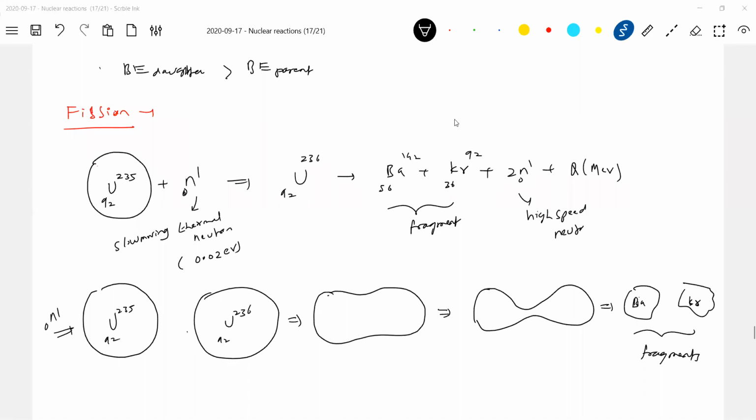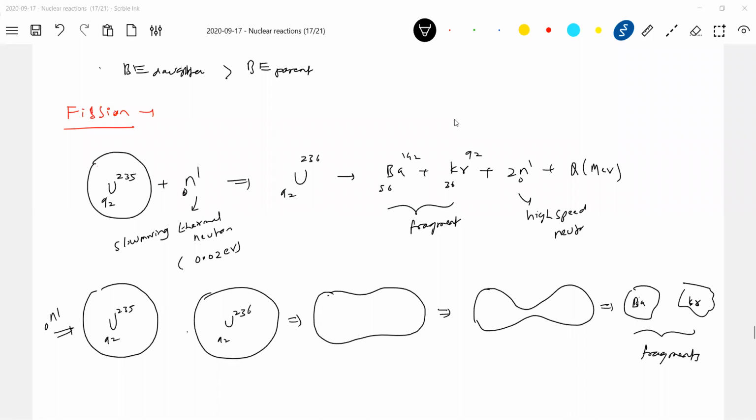Now you can ask questions. Kerosene is there, I'll burn kerosene, I'll burn petrol. When you burn 1 liter of kerosene, you get some energy. But for the same 1 liter of uranium, let's assume, you get almost 10 to the power of 8 times that energy. That much high energy is available here. From where does that energy come? Therefore, it is nuclear energy that we are going to utilize here.